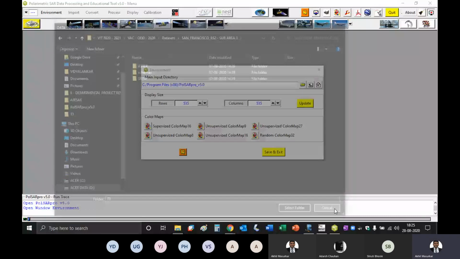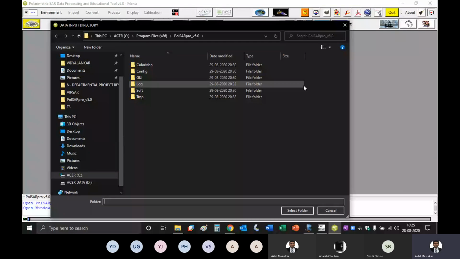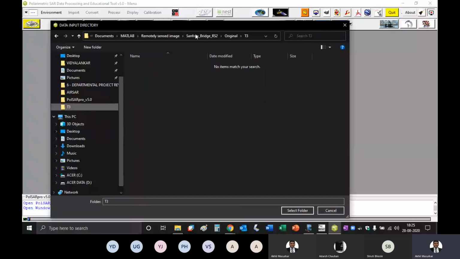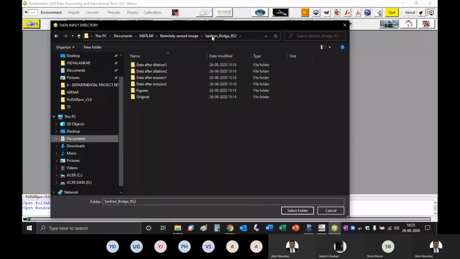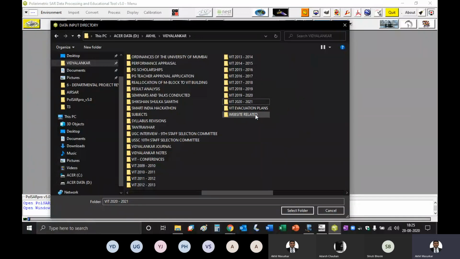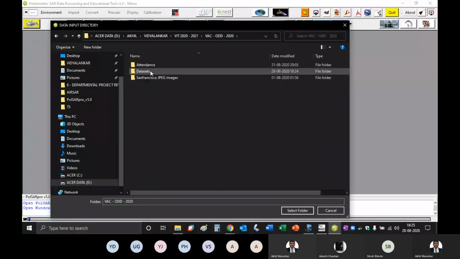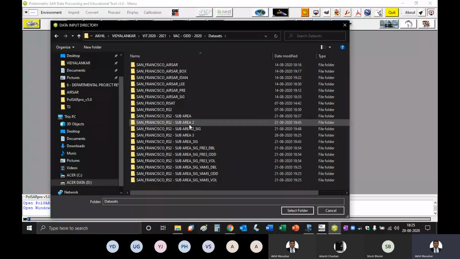Okay. Now you can go to Pulsar Pro, and you can go here again, go back to your folder dataset, and here is my sub area 3.